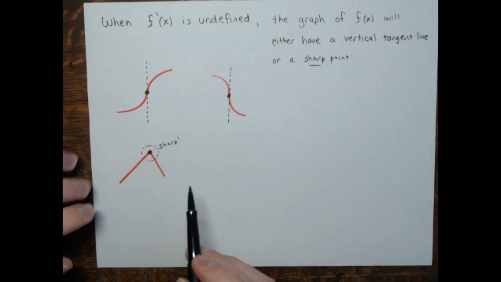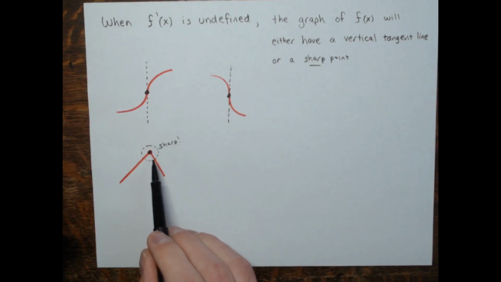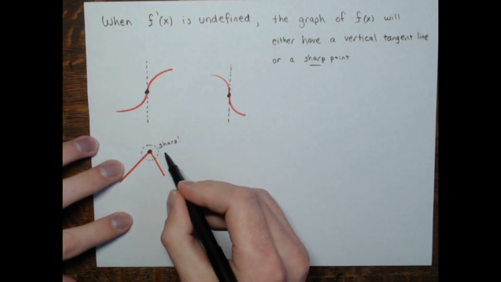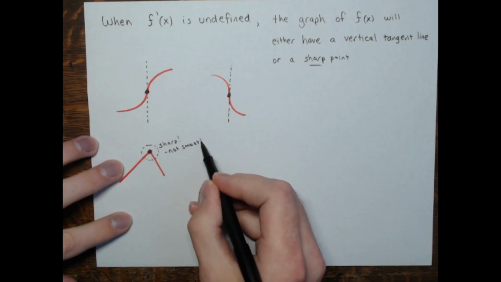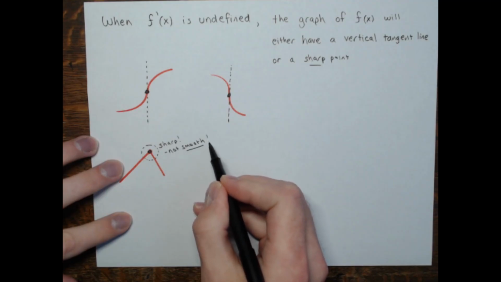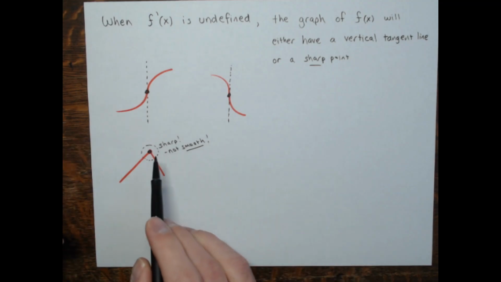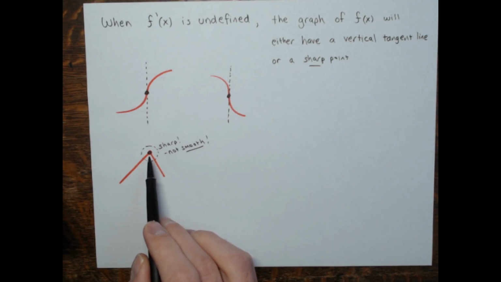This is not smooth. They would say the function's not smooth at a point like this where there's a sudden change in direction. Still, at these points where the derivative doesn't exist,